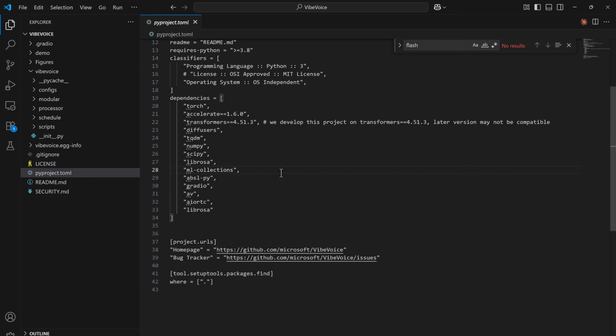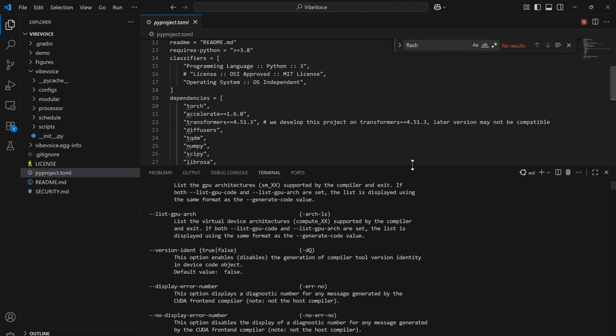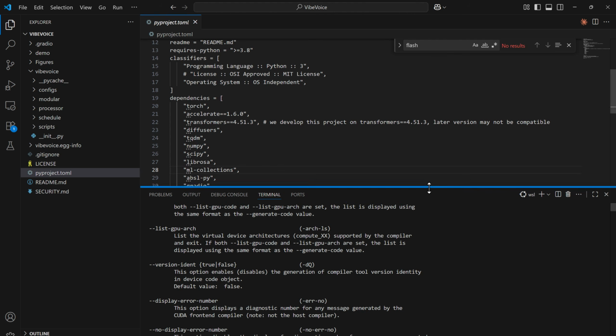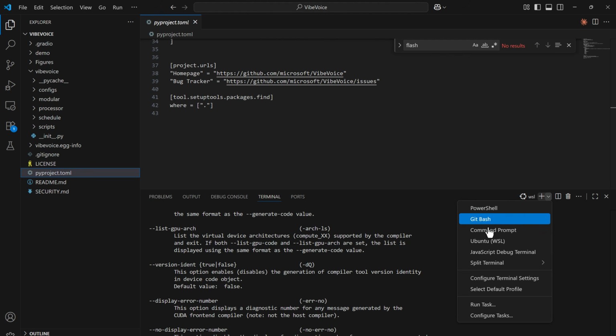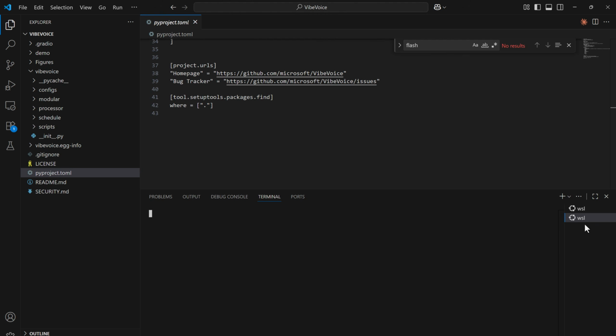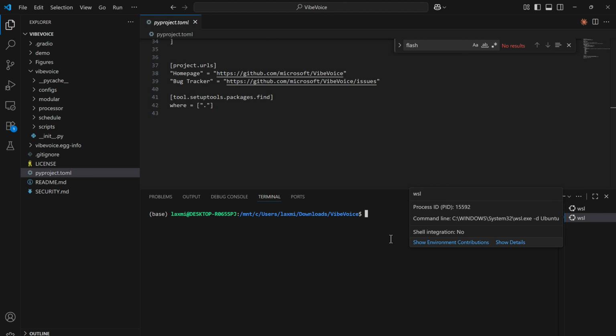What you need to do, Control and J, it is going to open this terminal here. Otherwise, what you can do, let me just open this terminal. Okay. Come here and then open WSL2. Remember, you need to open the WSL2 terminal here. All right. Otherwise, it will open the Windows terminal. In the Windows terminal, it will not work because there are other libraries which will not work in Windows, like the FFmpeg library. That is not going to work in Windows.